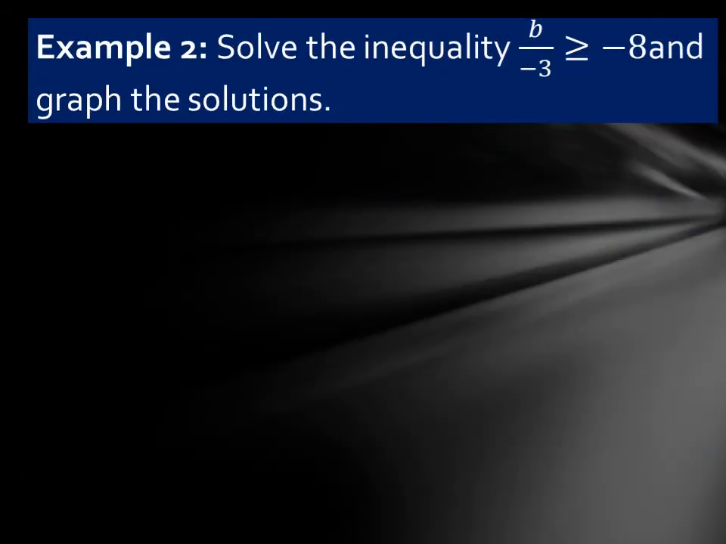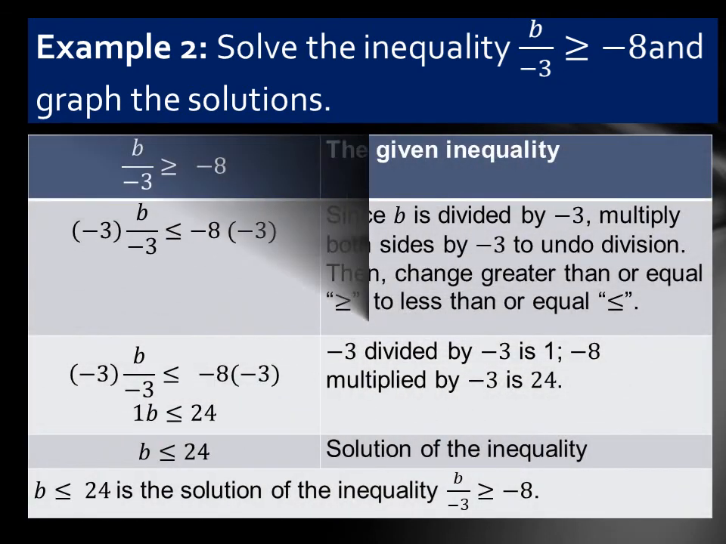Example number 2. Solve the inequality B divided by negative 3 is greater than or equal to negative 8 and graph the solutions. This time we are going to rewrite the inequality. Since B is divided by negative 3, multiply both sides by negative 3 to undo the division. Then change greater than or equal to